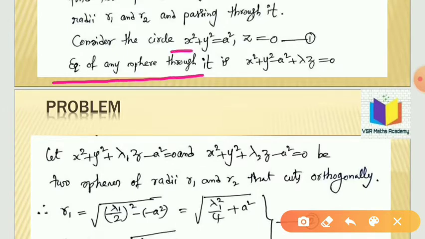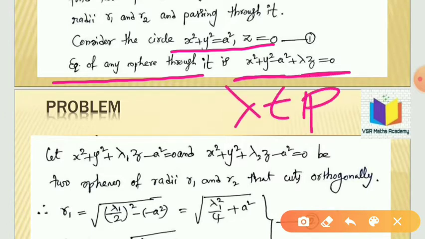Passing through the circle, it can be written as x² + y² − a² + λz = 0, for every λ belonging to R, so you can take any real number for λ. Therefore,